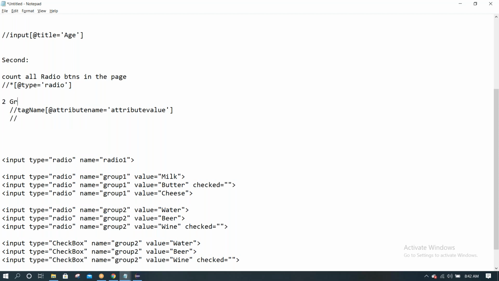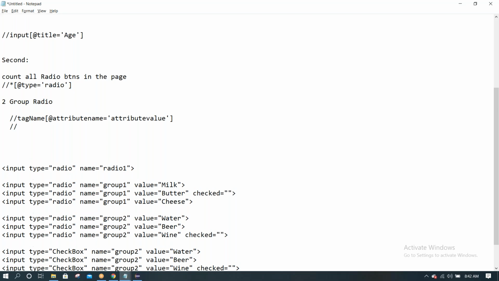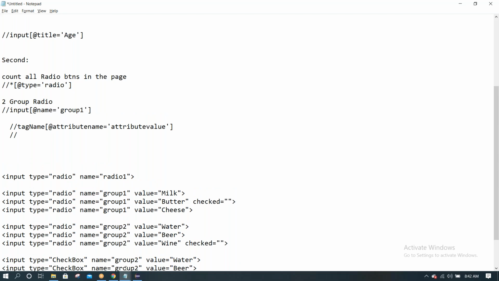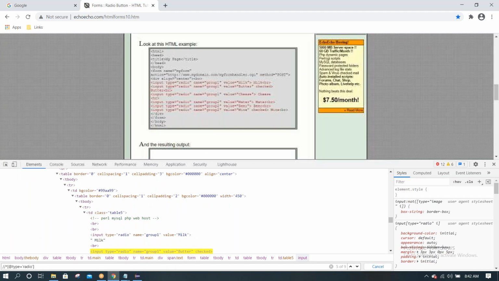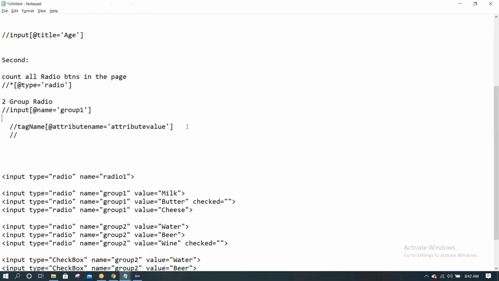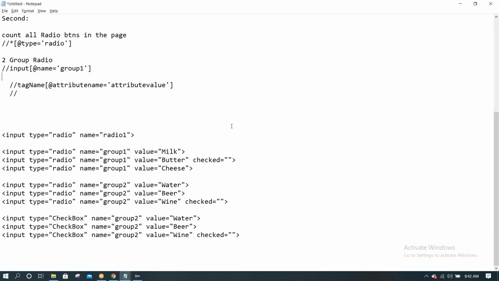We can say the second group elements. This is first, second group. Now I want the third group radio buttons count. What XPath can we write?